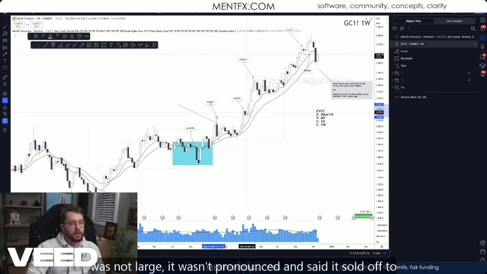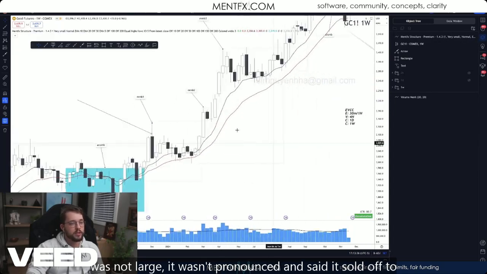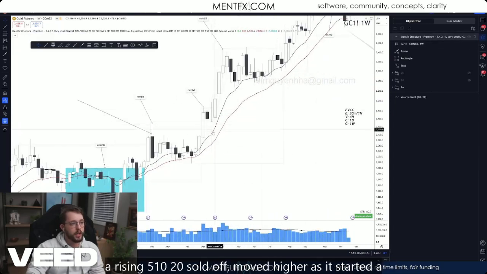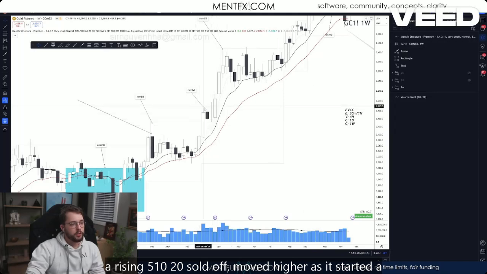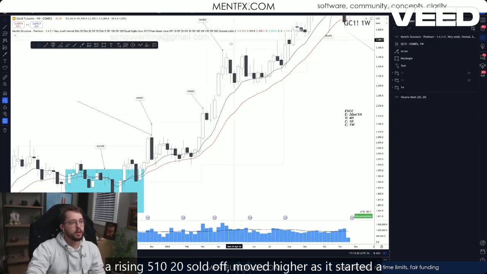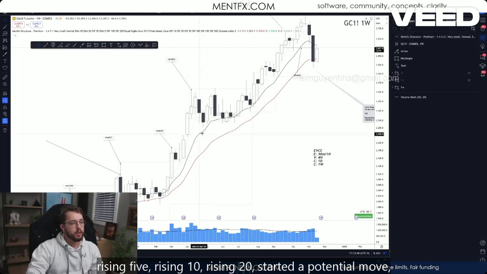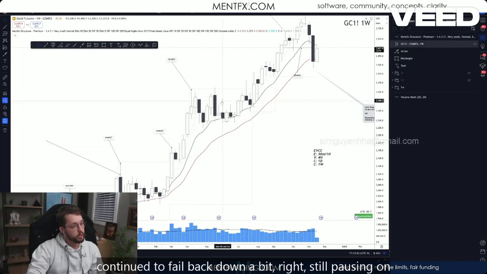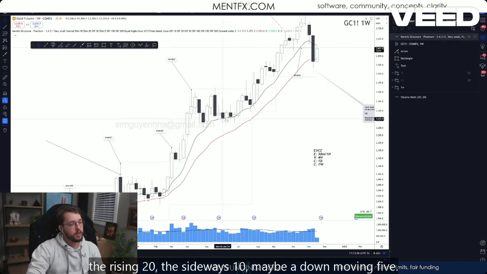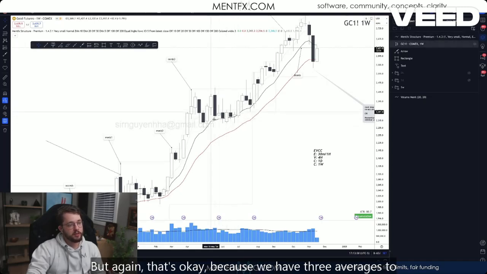The selling was not large. It wasn't pronounced. Instead, it sold off to a rising 5, 10, 20, sold off, moved higher. As it started a potential momentum MB3, it came down, paused on the rising 5, rising 10, rising 20, started a potential move, continued to fail back down a bit, right? Still pausing on the rising 20, the sideways 10, maybe a down moving 5, but again, that's okay because we have 3 averages